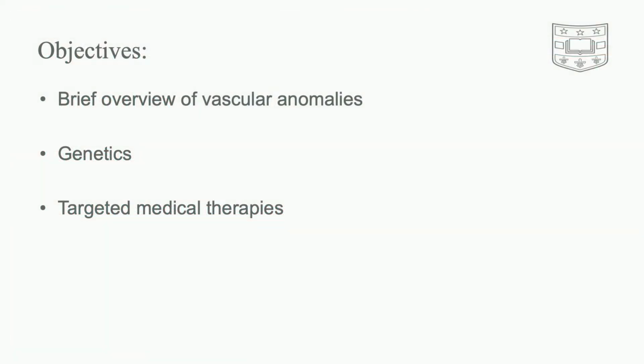There we go. So today I just have three main objectives. One is to give a brief overview of vascular anomalies because it's a big catch-all term that has a lot of smaller buckets. I want to talk about the genetics in a way that's interesting and helpful and useful in showing how our field is advancing. And then based on those genetics, I want to talk specifically about some really exciting new targeted molecular inhibitors that